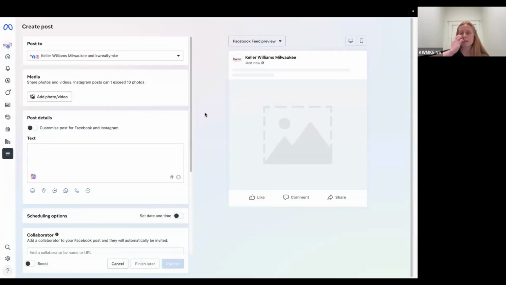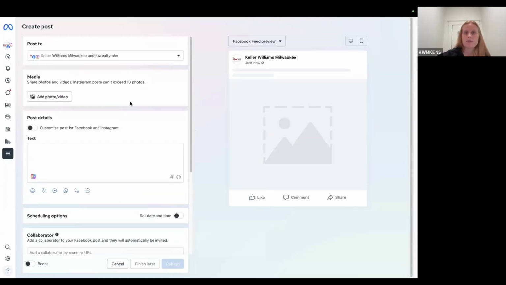So this is what it looks like. Obviously, if you have an app that you prefer, like Instagram or Facebook, you can go to your Instagram and create the whole post that you're going to do. And then when you go to share it, there's a little button that you can toggle that says also post to Facebook, and you can do it that way as well. But this is a great way to do a post if you're going to schedule it out.